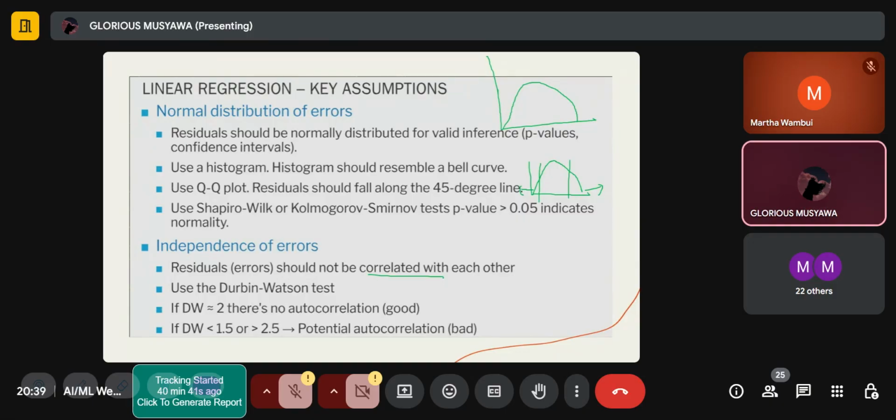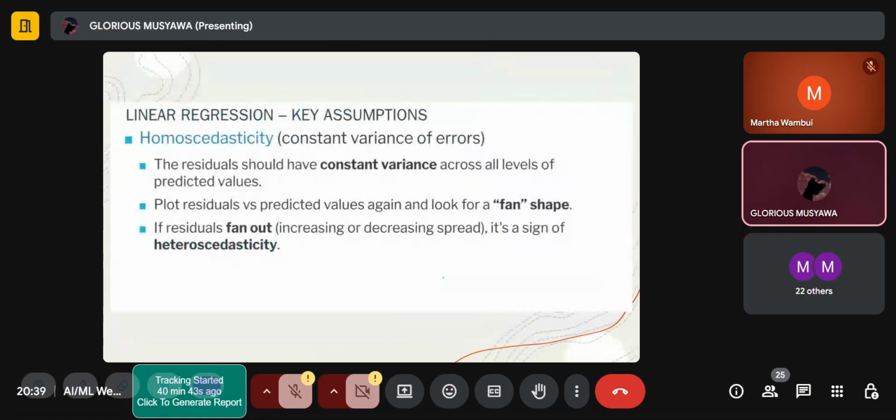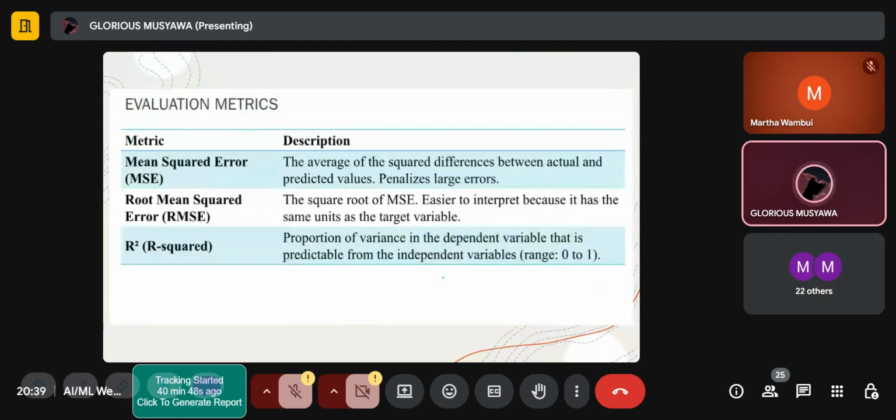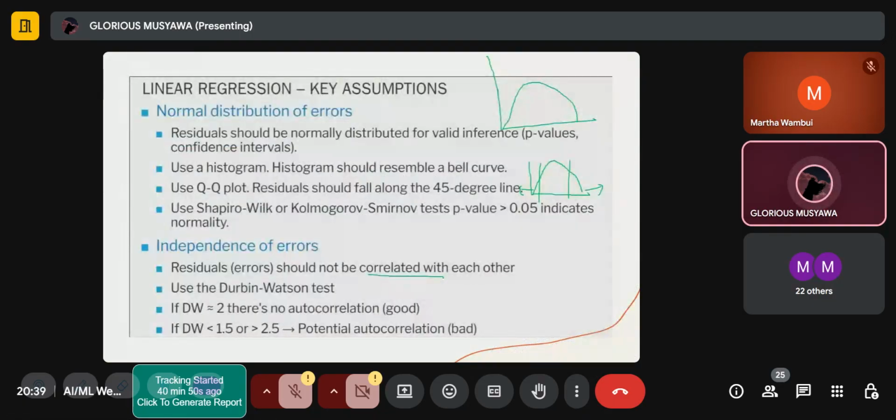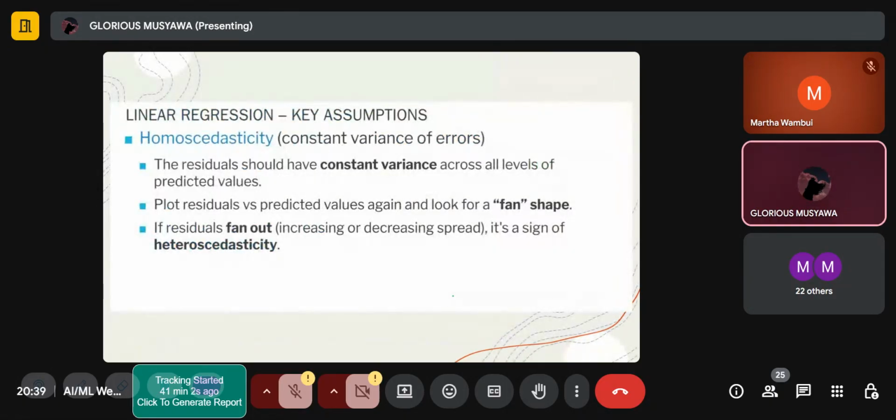Okay, before I move to the next one, any question on the error part? Okay, so